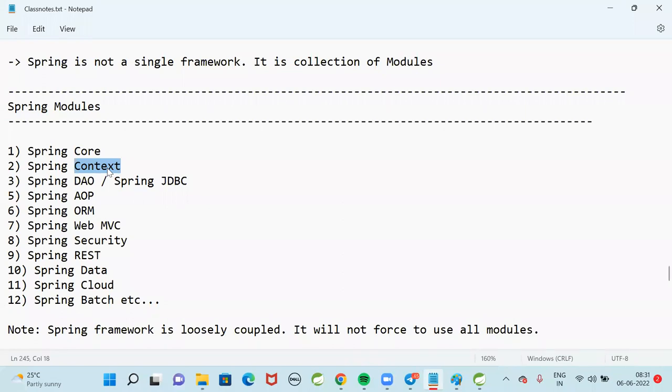Guys, can you please type in the chat box what is the purpose of the AOP module in Spring? Come on.